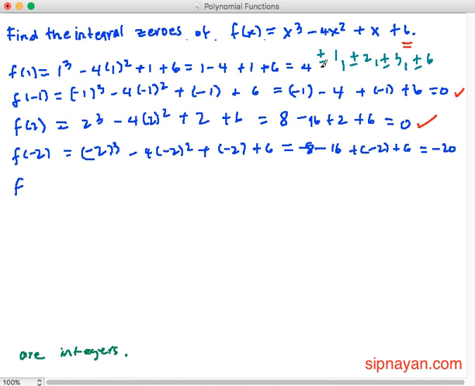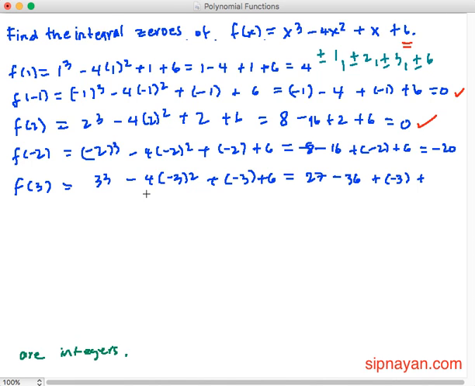So, tapos na tayo dito. F of 3 muna. F of 3 equals 3 cubed minus 4 times negative 3 squared plus negative 3 plus 6. So this is 27. 9 times 4 minus 36 plus negative 3 plus